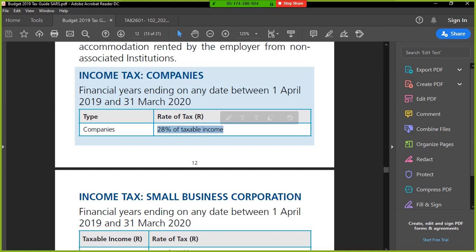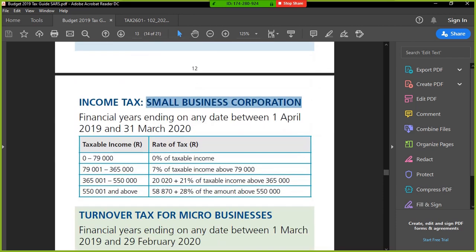If you are considered an SBC or a micro business, then you have certain benefits, because if you look at these tax tables, you'll see an SBC doesn't pay any tax on the first 79,000 and then they pay 7% on that category. They pay 21% on this category, and then if they make more than 550,001, they're then going to be taxed as normal companies,